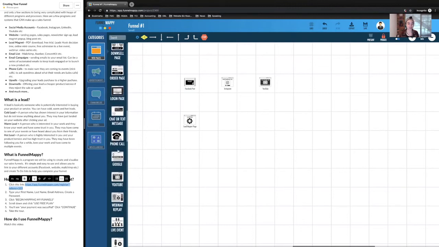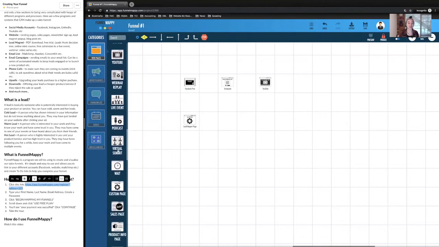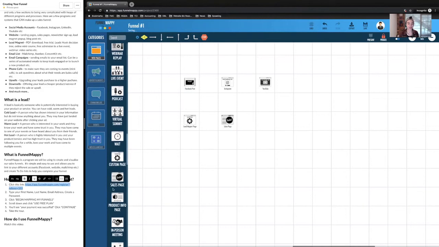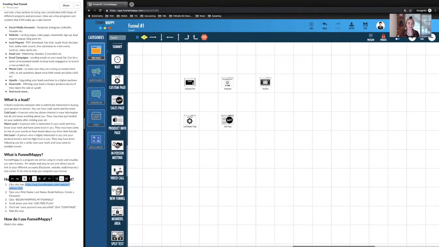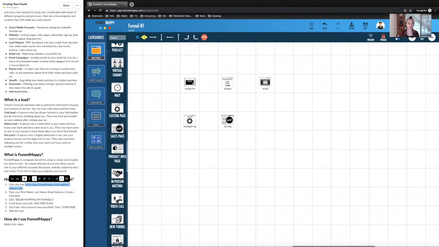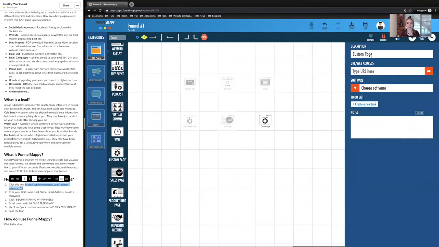So you can just play around with this. It's really, really cool what you can do here. Sales page. What else? Custom page. Maybe we can have your about page.